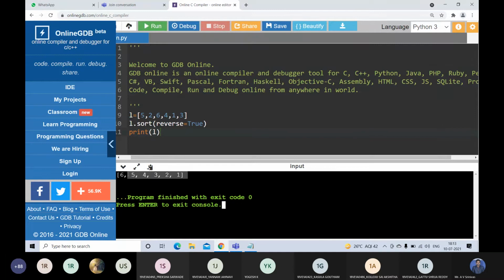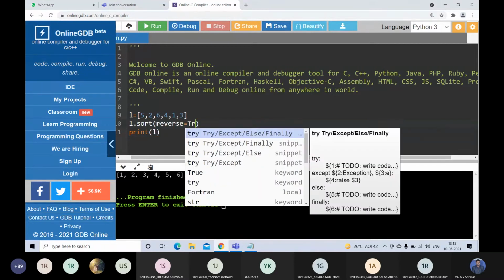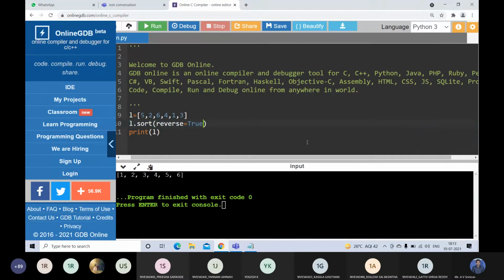Then you get the list in descending order: 6, 5, 4, 3, 2, 1. If you want ascending order, just use L dot sort with empty parentheses. If you want descending order, write reverse equal to True.